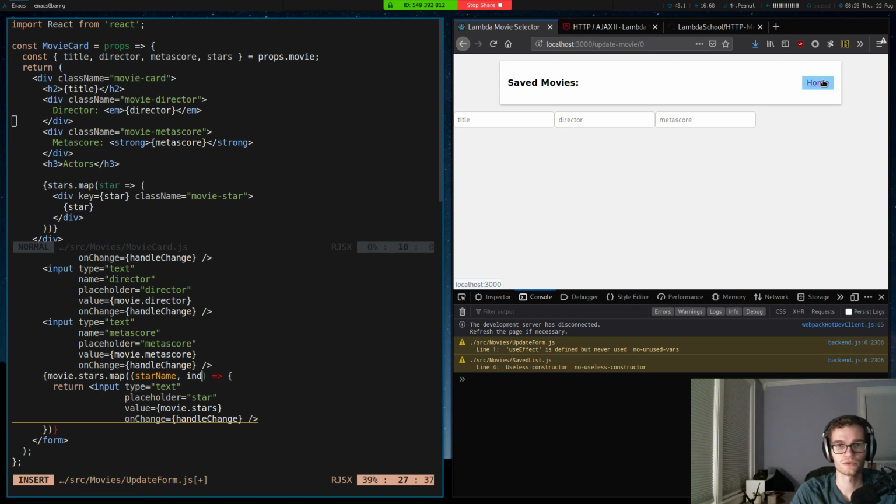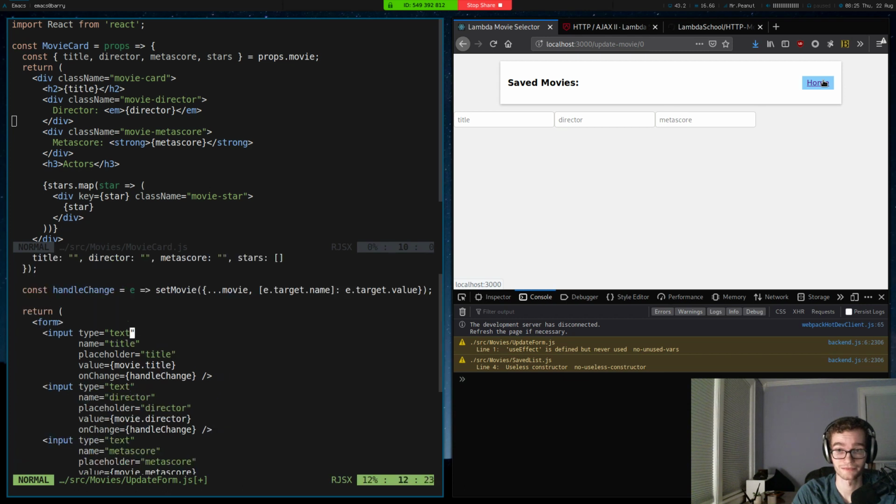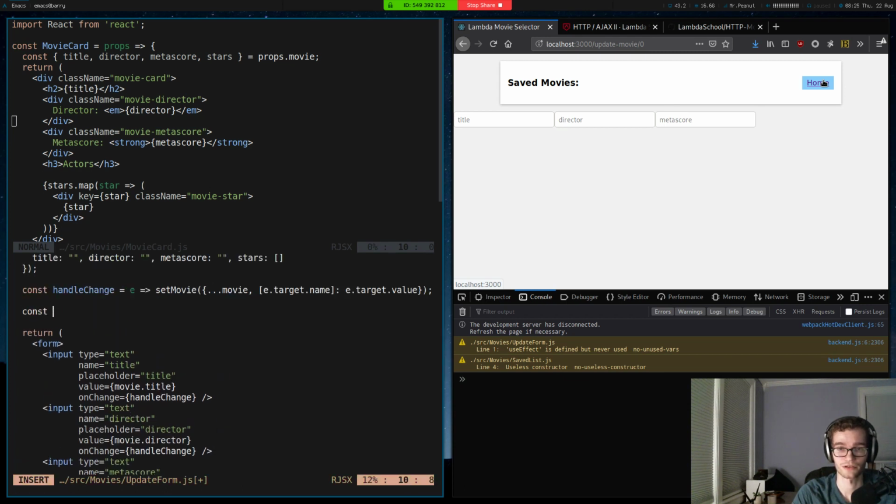And then two, we take the index of that element inside of our array. And so we can set the value to be the star name, and I'm going to have to write a handle change function that's going to accept the index so that we know which star to actually go out and update. So I'm going to write a function called handle star,